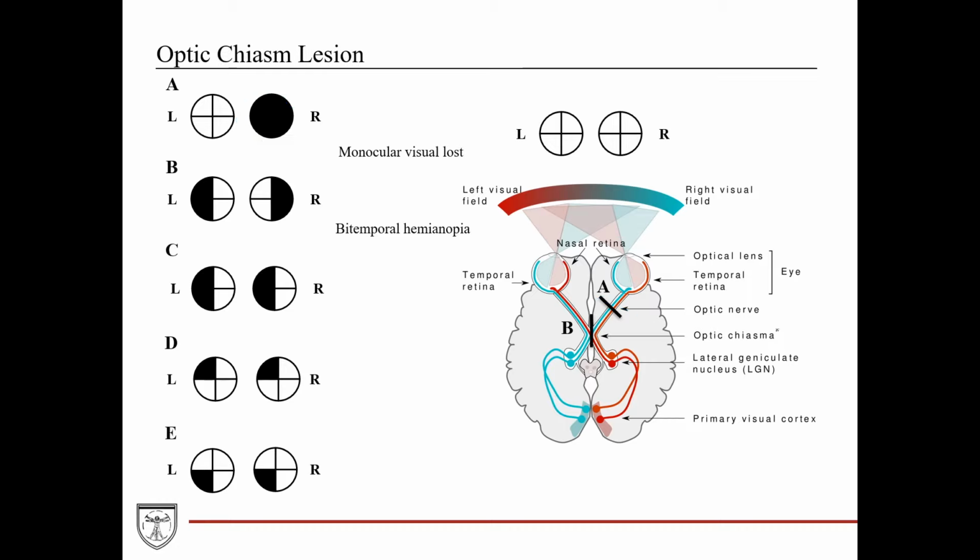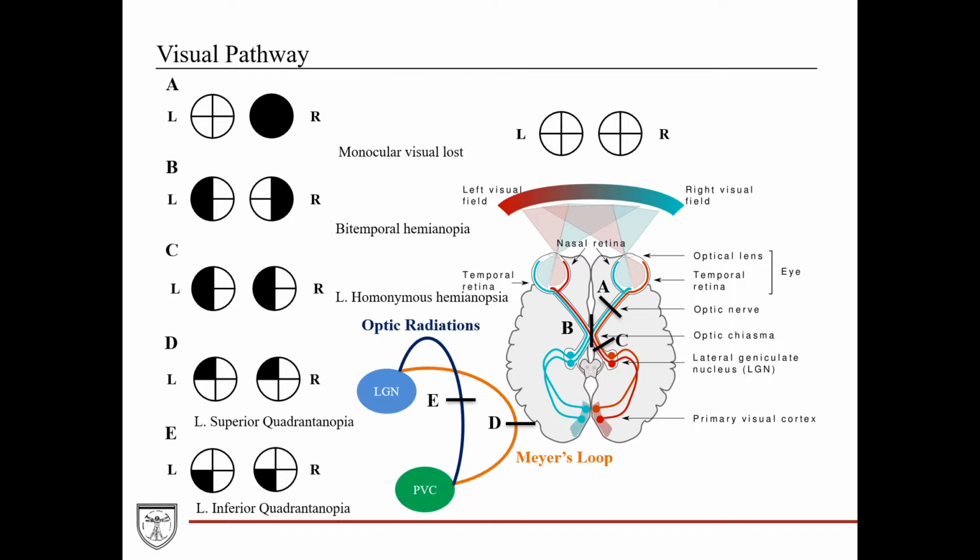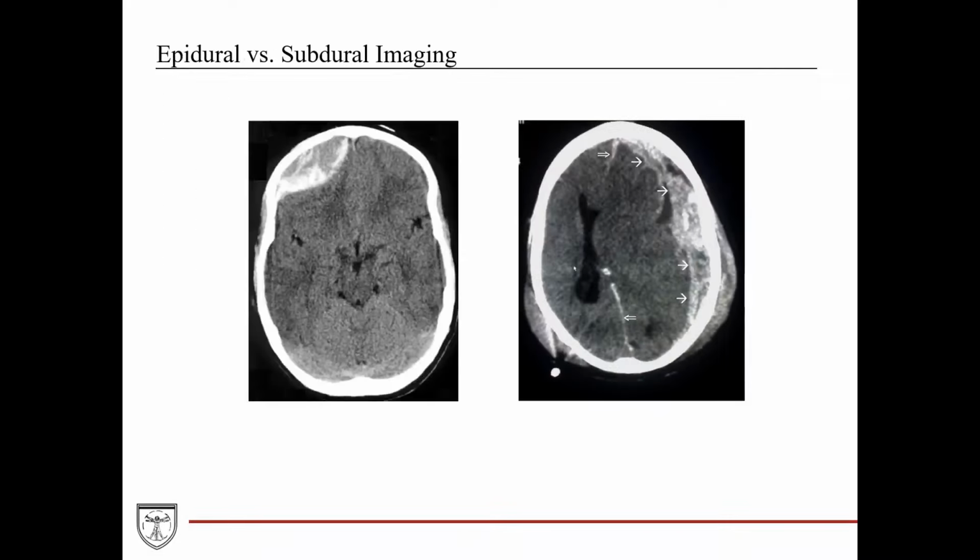So the next one is if you were to have a lesion impinging on the optic chiasm. A very common example of that is a